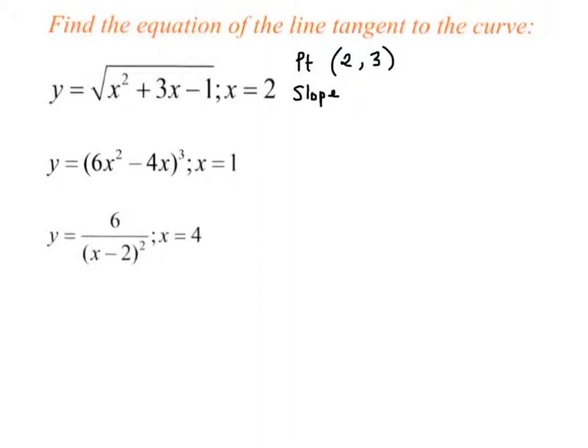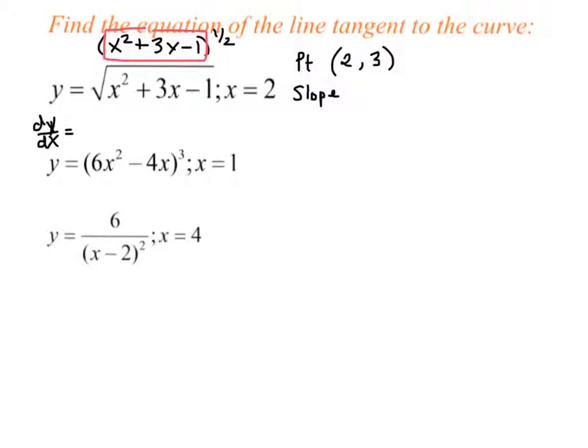Okay, so I know I'm a little bit pressed for room here, but let me put a rewrite of this function up here. X squared plus 3x minus 1 to the 1/2. I like to write it with an exponent. And I'm going to use chain rule. So this is going to be my inside function. So my derivative, dy/dx,